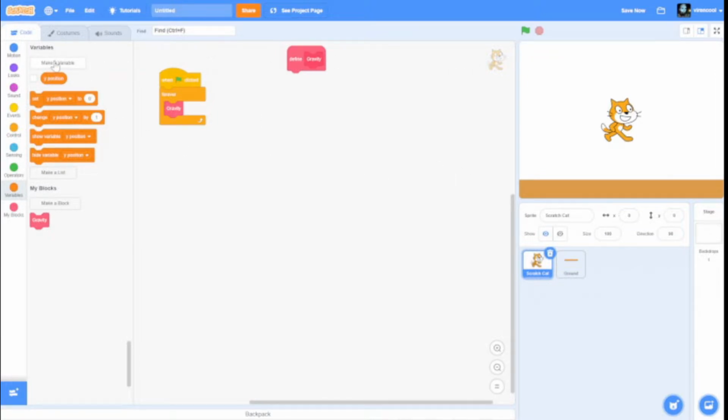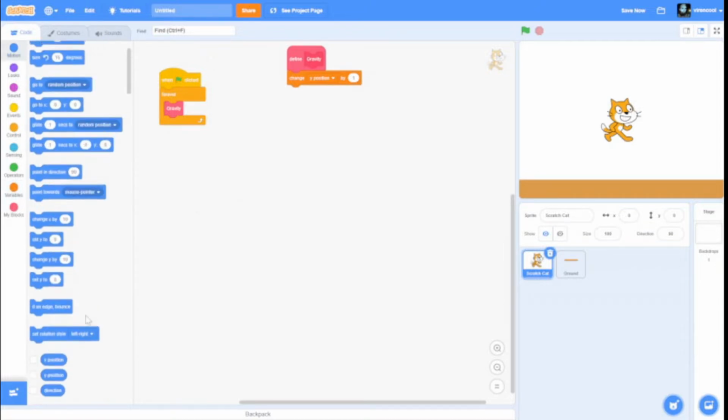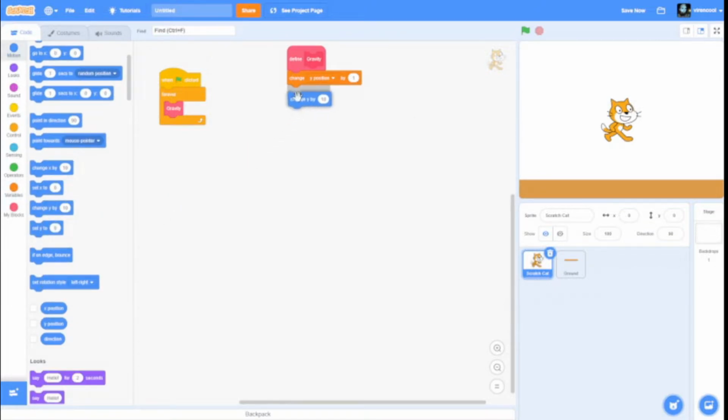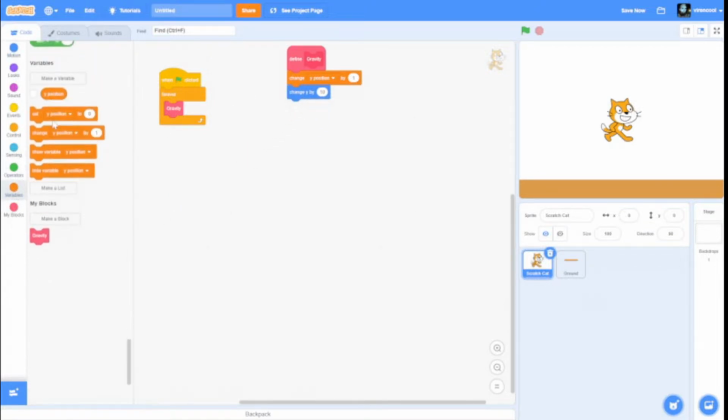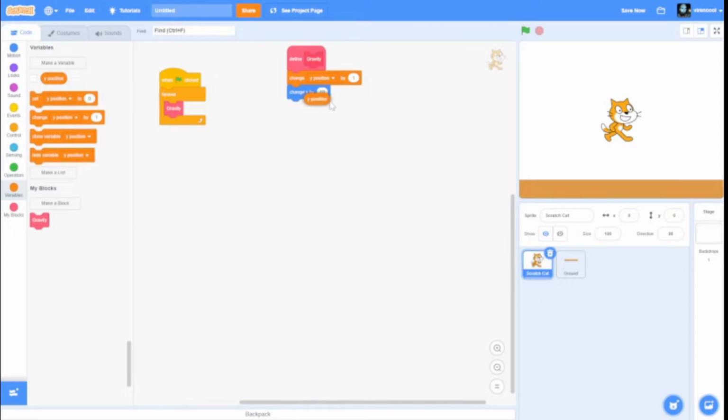Make sure to tick that box. Now you want to grab the change y block from motion, and then go back to variables and grab the y position thing, pop it in there, and make sure this is -1. So if we show the variable now,